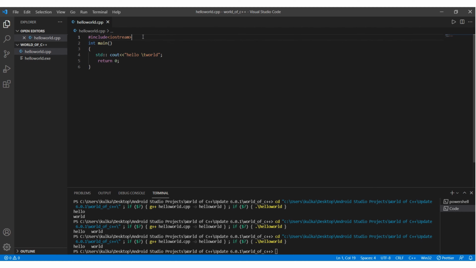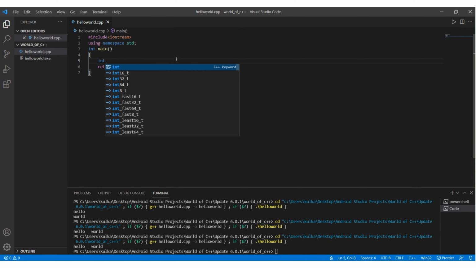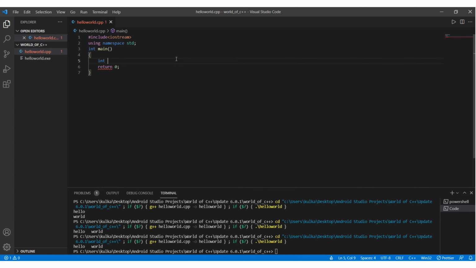So now we will see how to add two numbers. For that, I will again write using namespace std so that we don't have to write std again and again. I will write int, that's integer a, b and c. Then I will give a prompt to the user to enter two numbers.